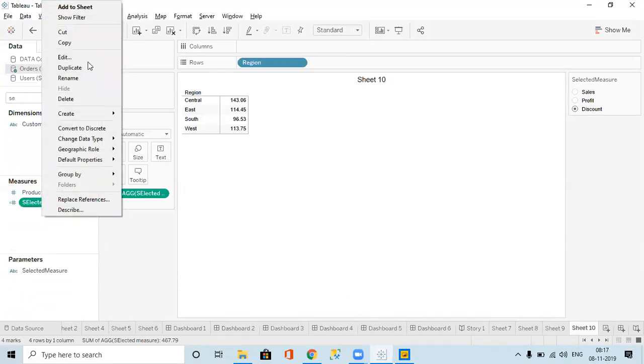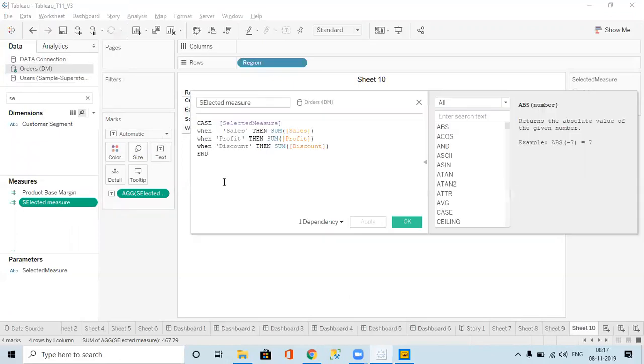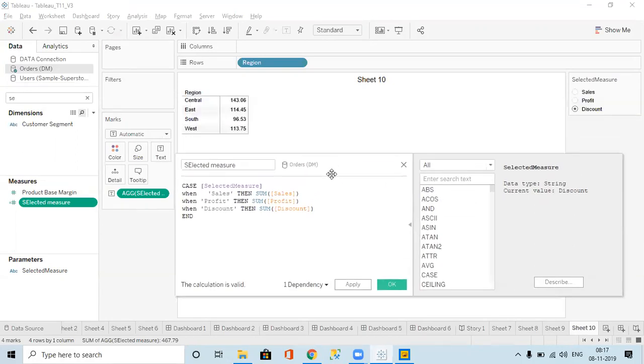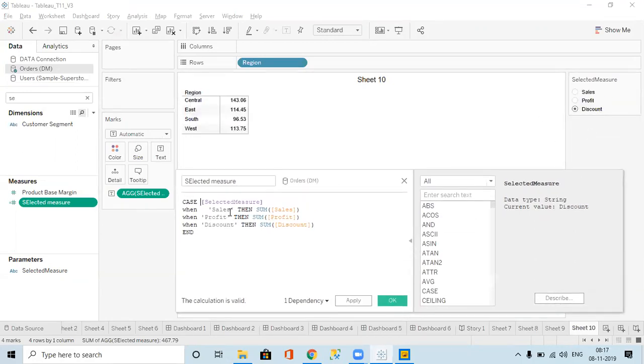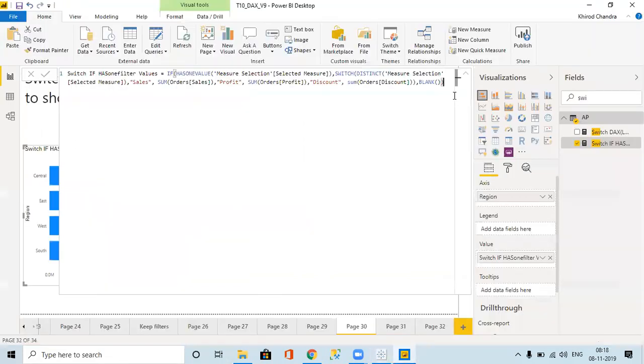So this is like we have written the parameter. In this parameter, selected measure, if sales is selected, show sum of sales. When profit is selected, sum of profit. When discount is selected, sum of discount. Same thing we have done here also in Power BI. How? Here, usually we have given HASONEVALUE, because if the user selects multiple values, then it will be a problem.